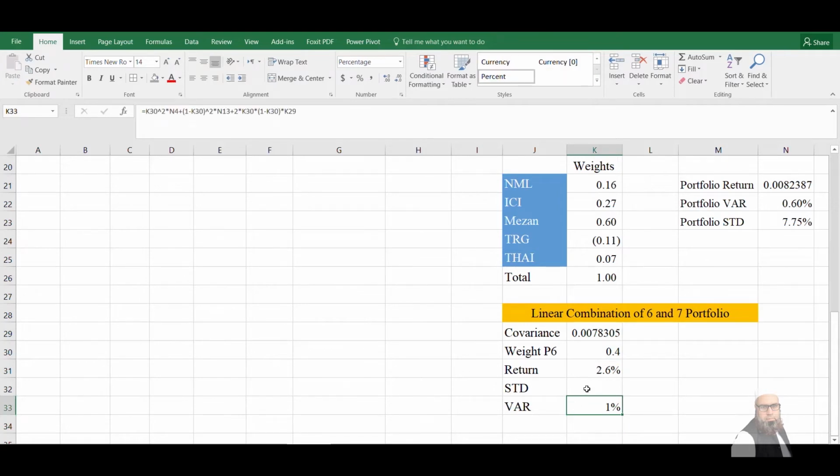So the variance is 1% and the standard deviation is simply square root of the variance. So the standard deviation is 10% and the return will be